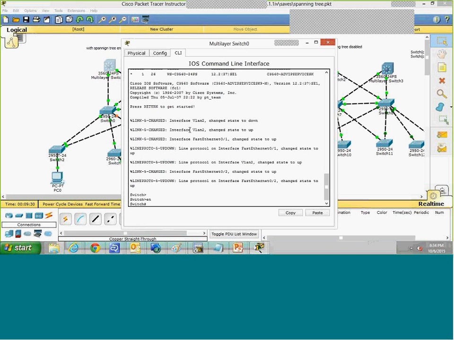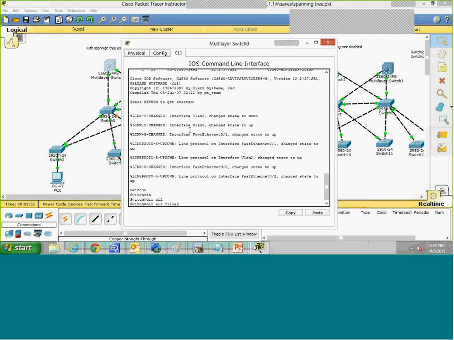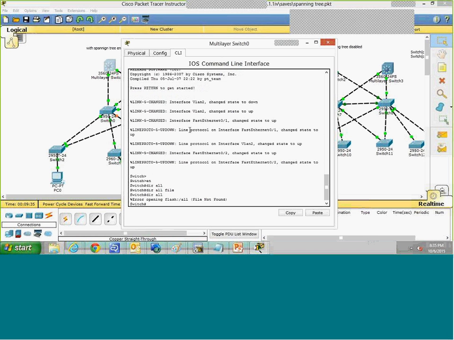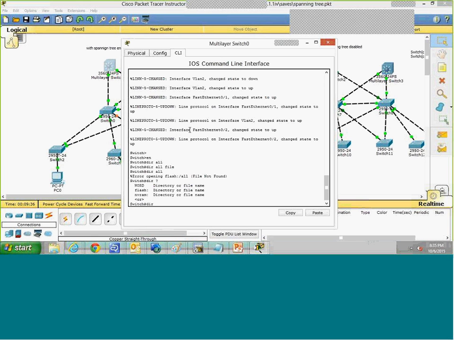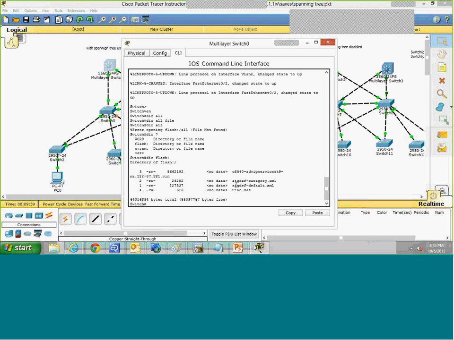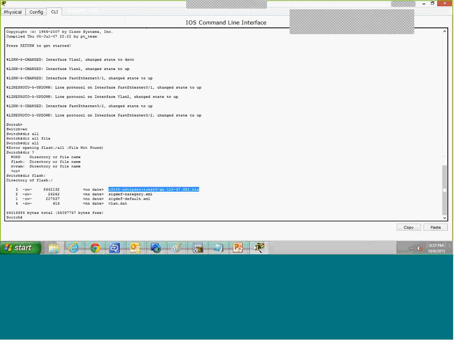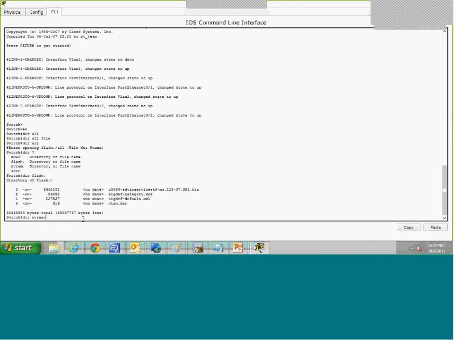So, dir all files. See how many directories you have. You have flash, where you put your IOS or operating system, Cisco IOS for this example. In the flash you have Cisco IOS stored here, right? And what are the other files we have? And NVRAM is where we store